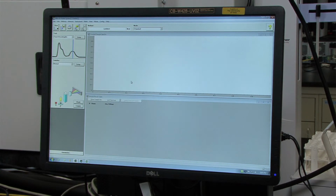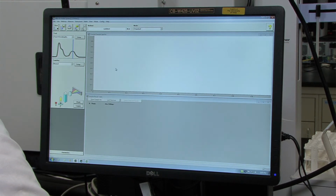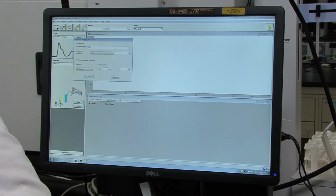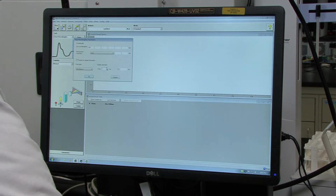Then vary the concentration of the inhibitor by factors of 10. You'll need to make sure that you have different inhibitor concentrations so that you're able to monitor the progression of the reaction, which should be noticeably slower than the uninhibited rate. As you're monitoring the solution, make sure that you are collecting data over the appropriate range. To make sure that this is correct, go to Method and select Setup Analysis, and then display spectrum from 400 to 600 nanometers,